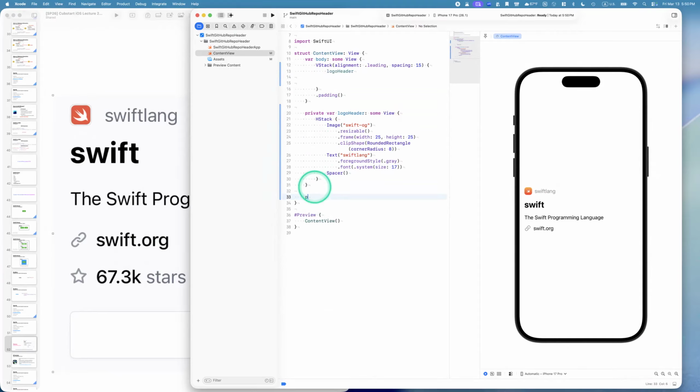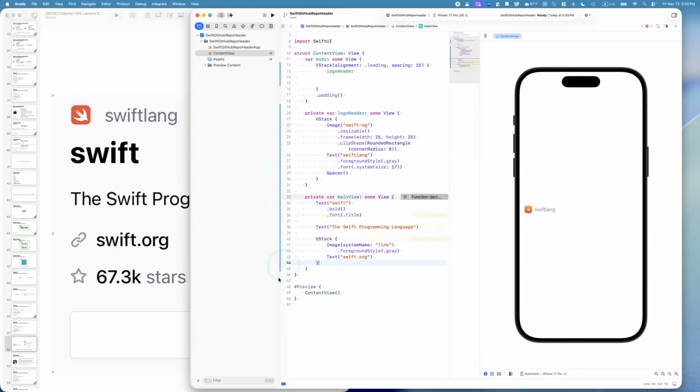I'm going to call this main view. Now this main view gives us an error, and the reason is that we can't have separate subviews on the same level within this variable. One way we could resolve this is to wrap it in another VStack. But what we could do is tell SwiftUI to build this view from scratch, and we could use